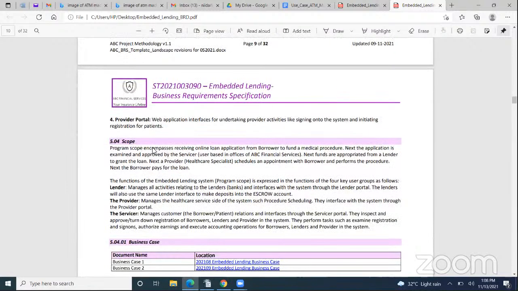Now, we next move into the scope of the system. The scope of the system is covered in the functions of this embedded lending system as expressed in the activities or the functions of the various user groups by name: the lender user group, the provider user group, the servicer user group.